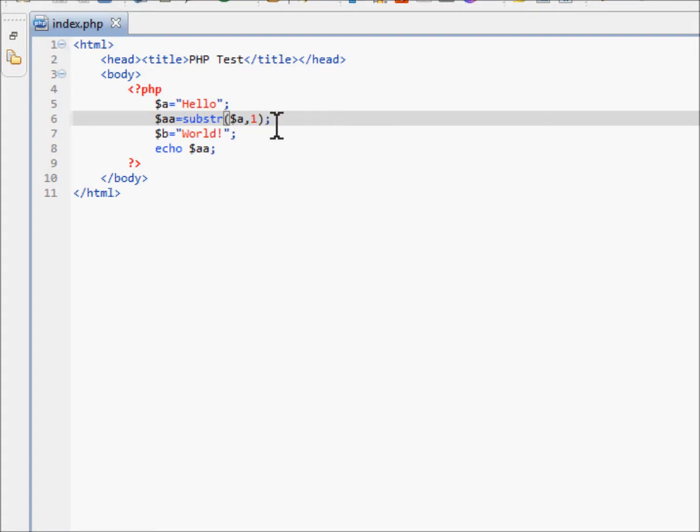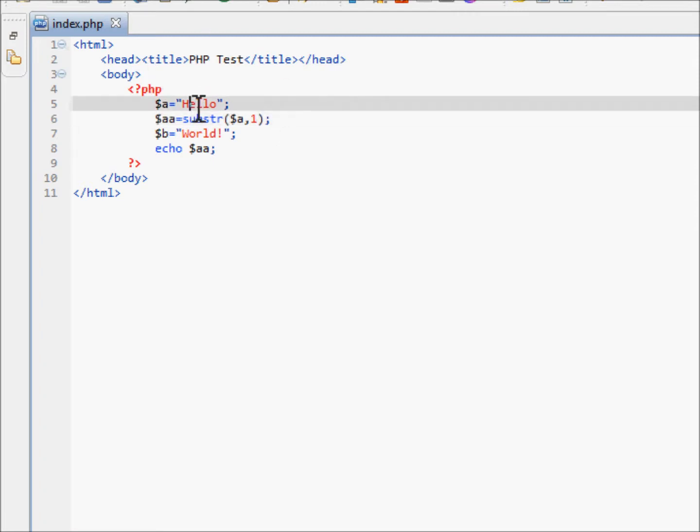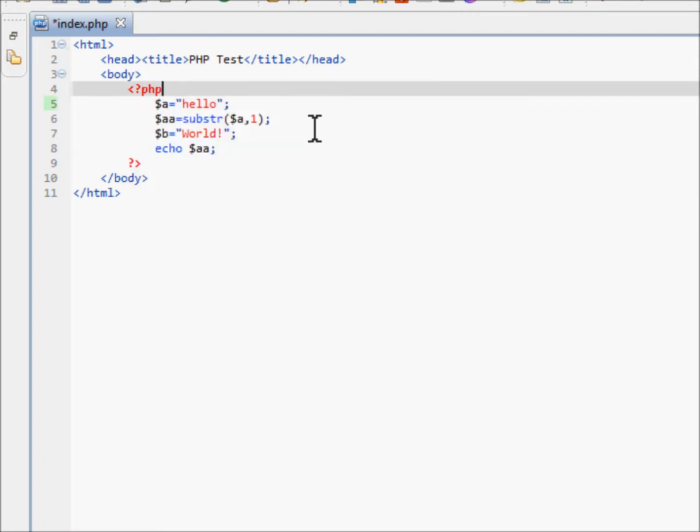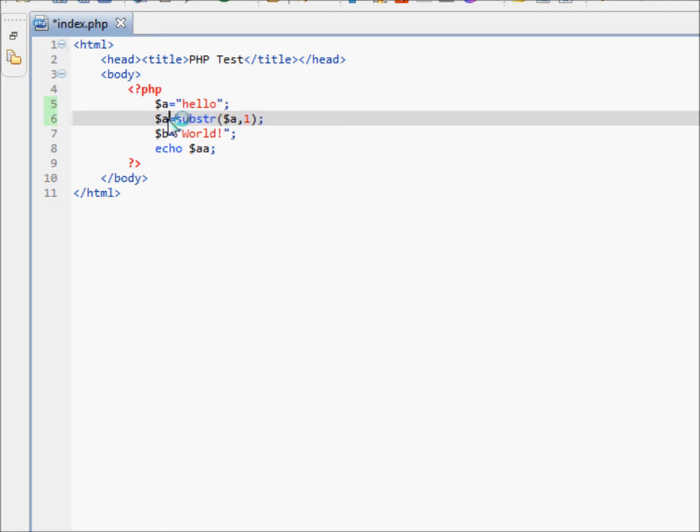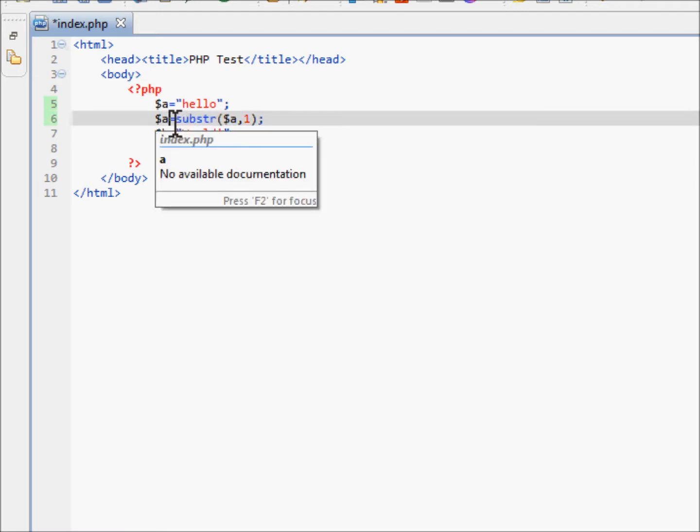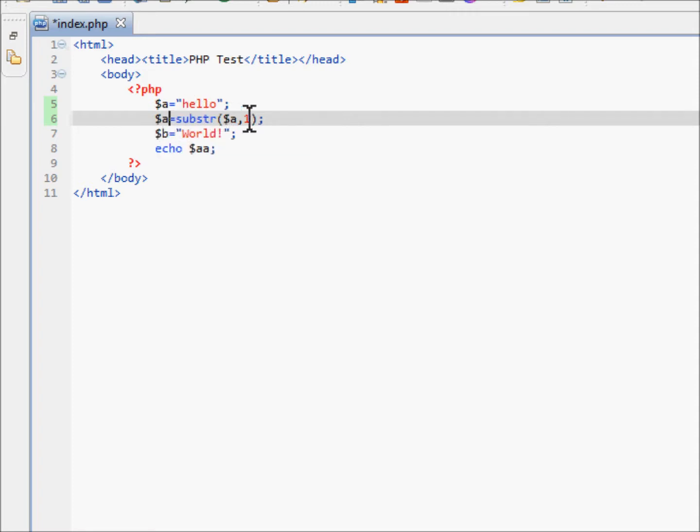Now, say we have hello, and we'll just change this back to A, so we're actually changing the value of A. Because that's one thing I didn't tell you in the variables tutorial. You can change the value of a variable after you declare it. So we're going to change A, and what we're going to do is have it be